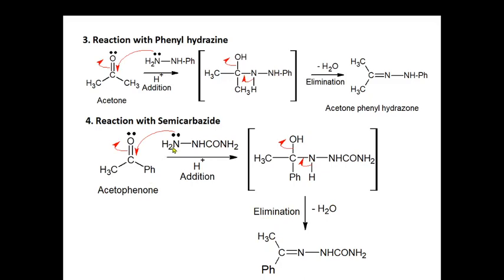Now here you will have two NH2 groups, this one as well as this one. These two groups are different in nature. This NH2 group is in conjugation with the carbonyl, and therefore it can't attack this carbonyl. This other NH2 group is not in conjugation, and therefore its lone pair is available for donation, so attack takes place on the carbonyl and the reaction occurs through this NH2 group and not the other. So remember this, it's a very important thing. Finally you will get acetophenone semicarbazone.